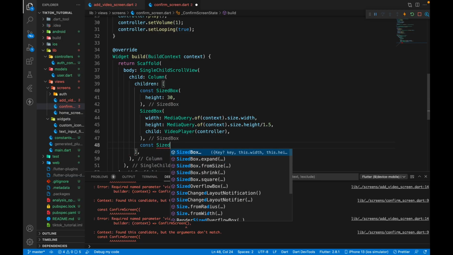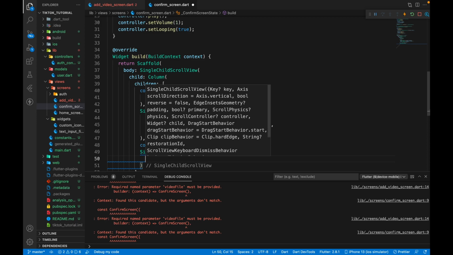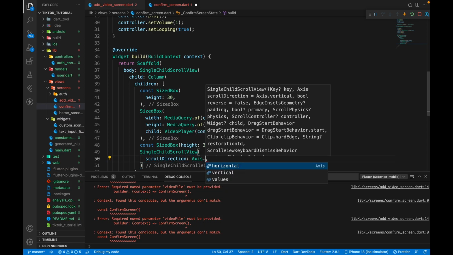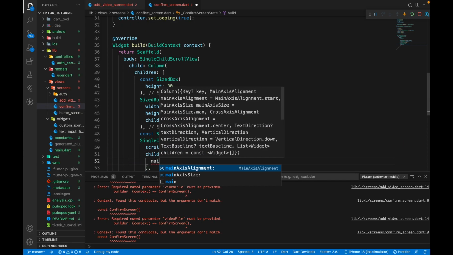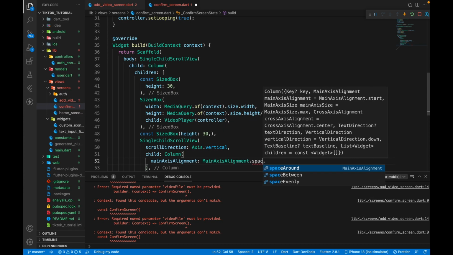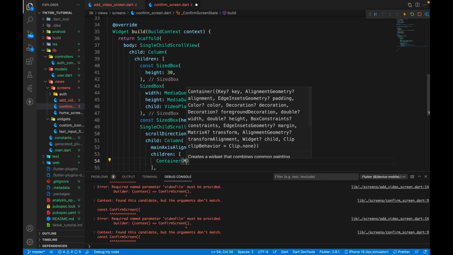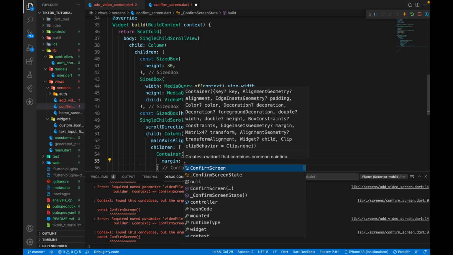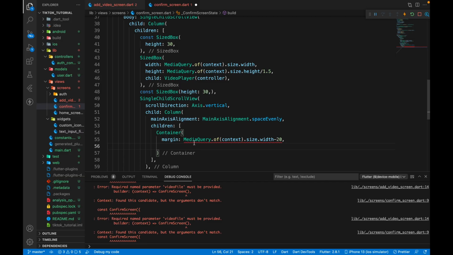Now we need to pass in another sized box of height 30, and there will be a SingleChildScrollView. So now this SingleChildScrollView is going to be scrollDirection: Axis.vertical, and the child will be a column which will be mainAxisAlignment: MainAxisAlignment.spaceEvenly. Then there will be children, and the children will first of all have a container which will be having a margin like we did for our previous text fields as well. So we can have MediaQuery.of(context).size.width minus 20,